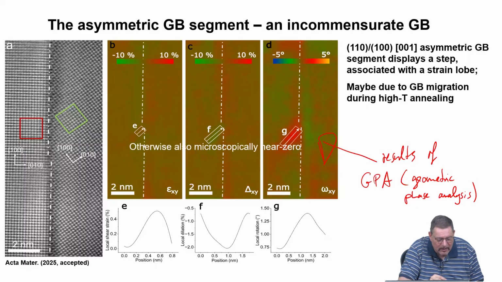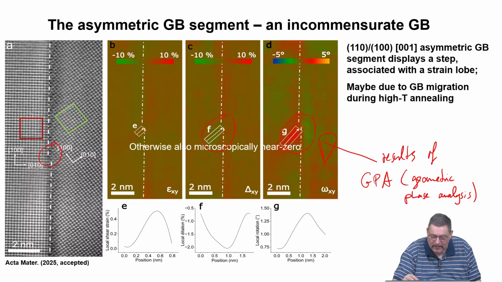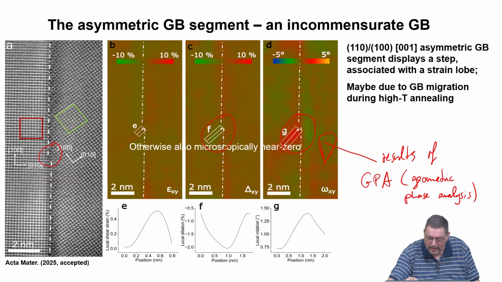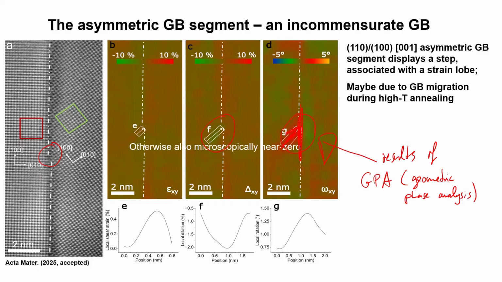And you see, here where the step is, you see these lobes of color change, right? And that means that there is a rather far-reaching strain in the lattice because of this disconnection at the boundary. And this is something which will affect diffusion, which will affect stability of the grain boundary, which will affect locally the structure. And it's very interesting that we have here this force or this strain with an inclination to the boundary.